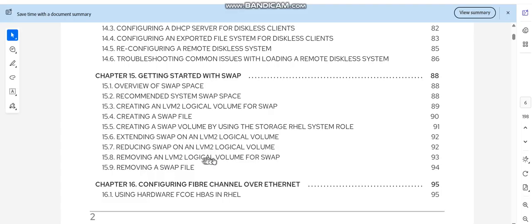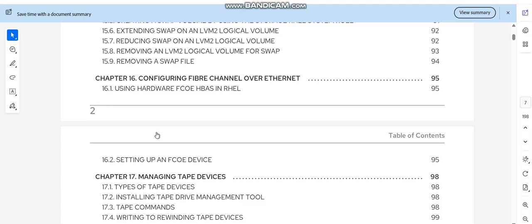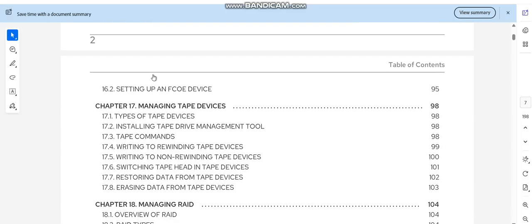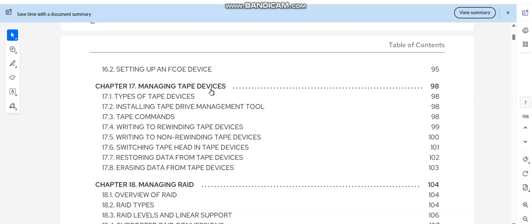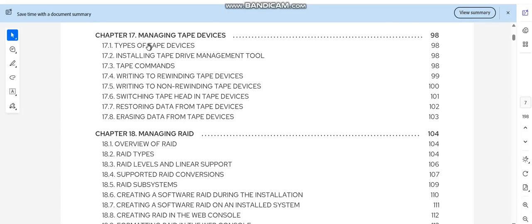Removing an LVM2 logical volume for swap, removing a swap file, configuring Fibre Channel over Ethernet using hardware FCoE HBAs in RHEL, setting up an FCoE device, managing tape devices, types of tape devices, installing tape drive management tool, tape commands, writing to rewinding tape devices, writing to non-rewinding tape devices, switching tape head in tape devices,